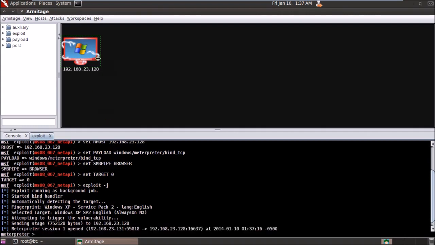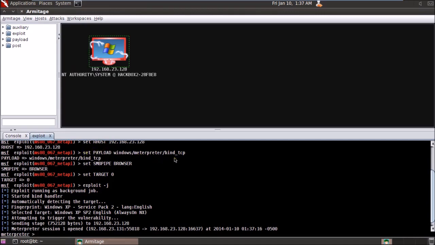Once you have chosen this exploit, it automatically chooses the payload as well, which would do this attack efficiently. In Metasploit, we had to set our payload manually, but in this case, it does it automatically. So Armitage, like I told you before, is a simpler version of Metasploit. And as you can see, your system has been compromised already.